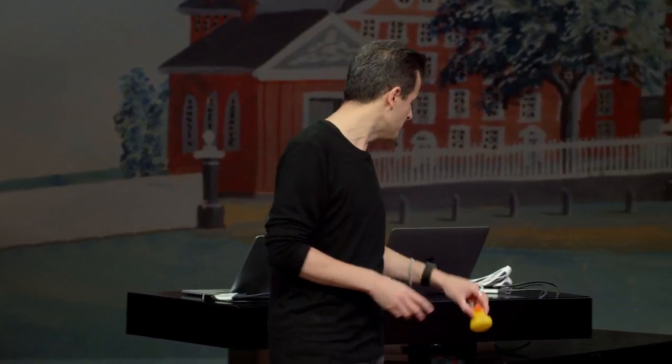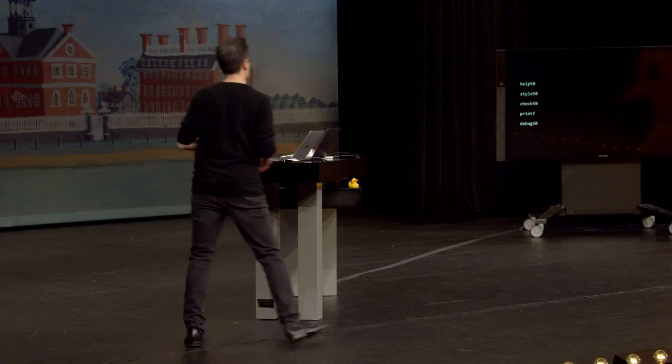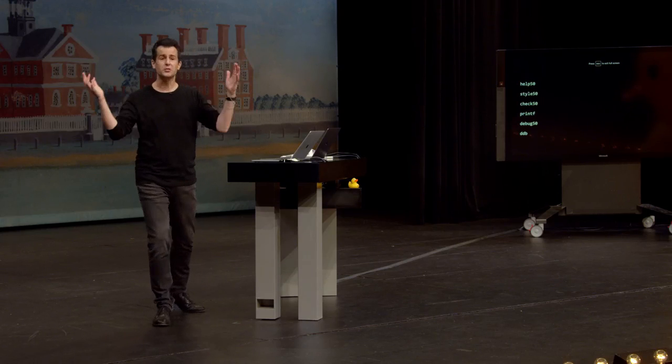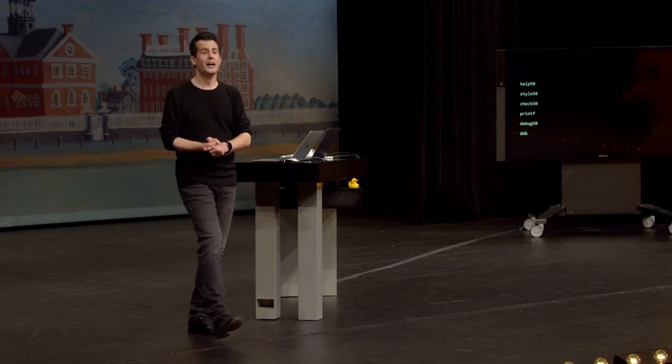Now, some of you have wondered over the past couple of weeks why there's this little rubber duck here. And there actually is a reason for this too. There's one final debugging technique that in all seriousness we'll introduce you to today, known as rubber duck debugging. And you can Google this. There's a whole Wikipedia article about it. It's kind of a thing in computer science circles for programmers to have rubber ducks on their desk. And the point here is that sometimes when trying to understand what is wrong in your code,